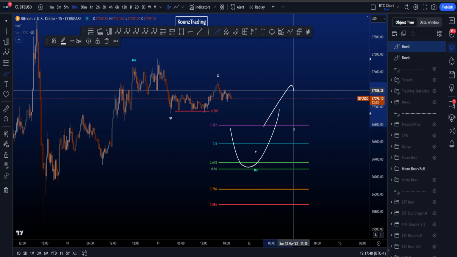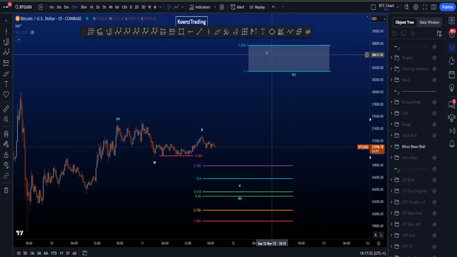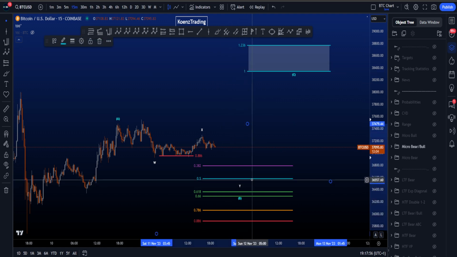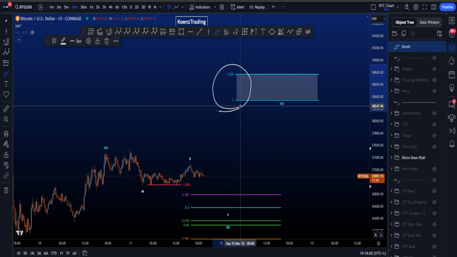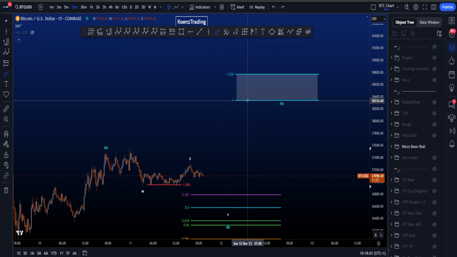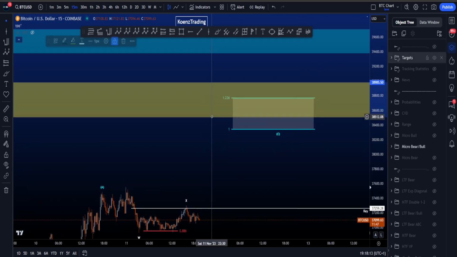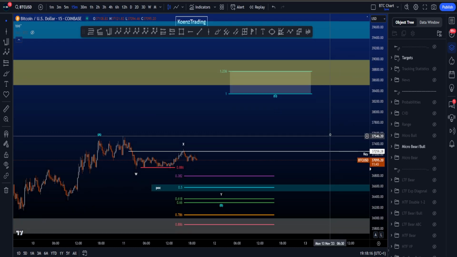for potentially the low of a wave Y, and then continuation to the upside again, looking for a wave C. If this wave C is going to end somewhere inside this target box, somewhere around the 0.5, then the target for this wave C will be here around this 1-to-1 and 1.236, which is between 38.3k and 38.7k. And what is interesting is the golden target box again, with this target box sitting between 38.5k